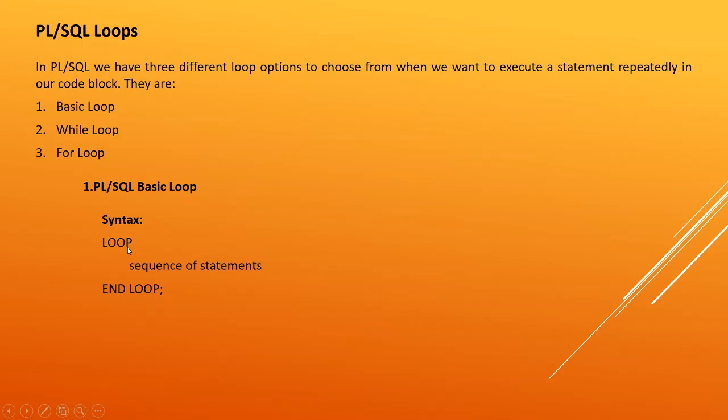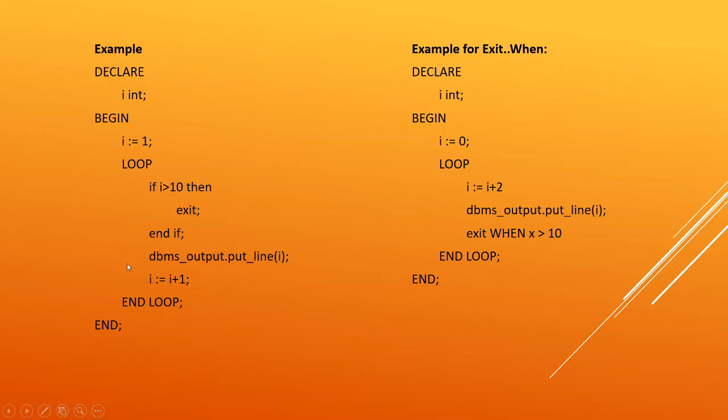So every loop starts with loop in basic loop and ends with end loop. All the executable statements are put in between loop and end loop. So this is the loop block. We are trying to print numbers from 1 to 10. So as soon as it enters the loop, it's going to check for the condition. If the condition turns true, we are exiting the loop. Look, we use the word exit. That means it's going to come out of the loop, end of the loop, and finally the program ends.